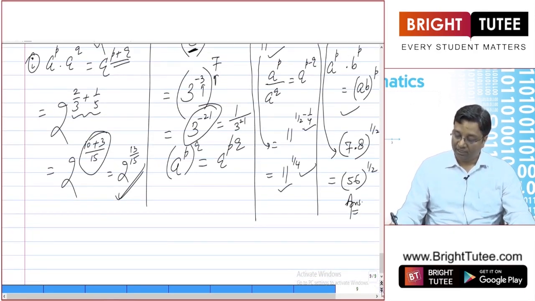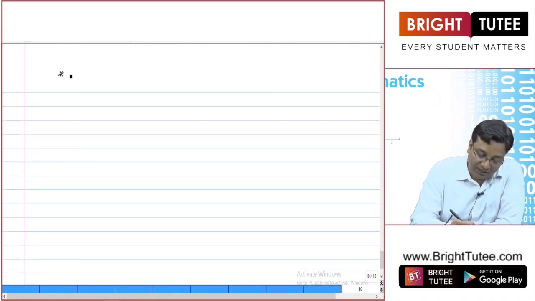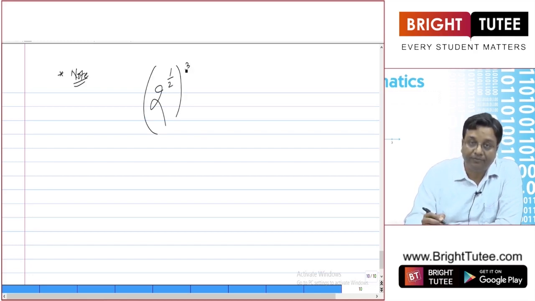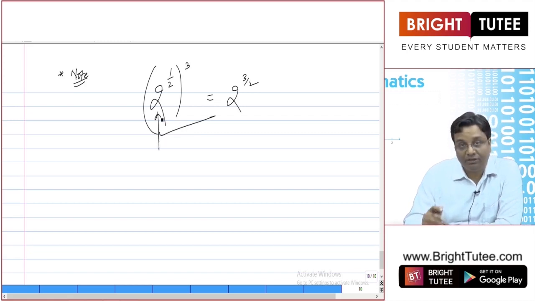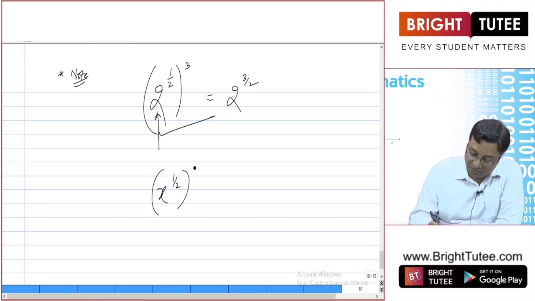And there is one note that I want to let you know. This you can write as your note. Let us say you raise 2 to 1 by 2 and then cube it. Okay, so we have been writing it like this, 2 raised to power 3 by 2. Okay, this is okay because I have given you the base as 2, right? So when I say x raised to power 1 by 2 raised to power 3,